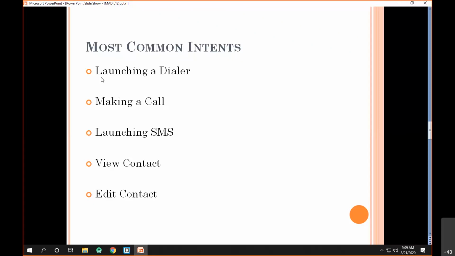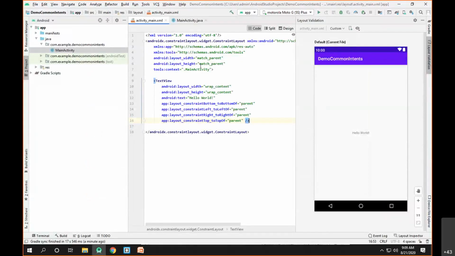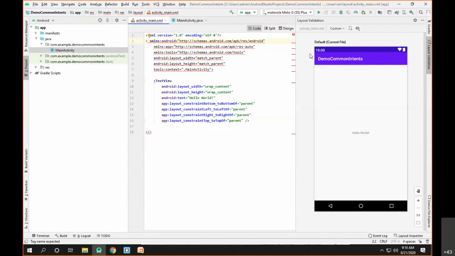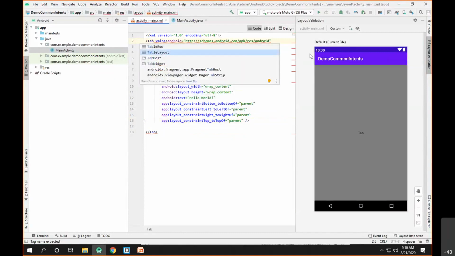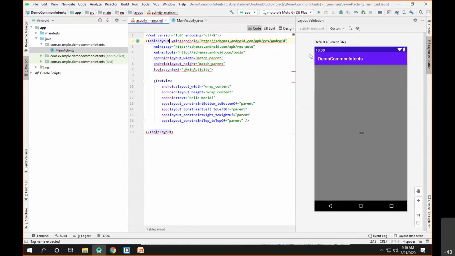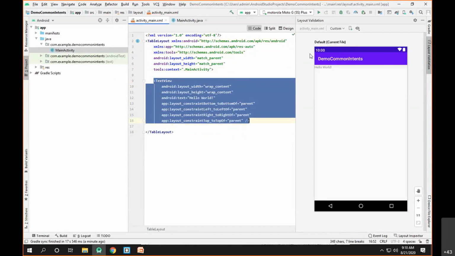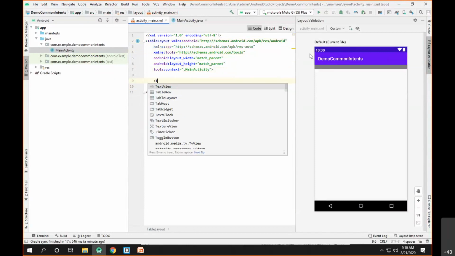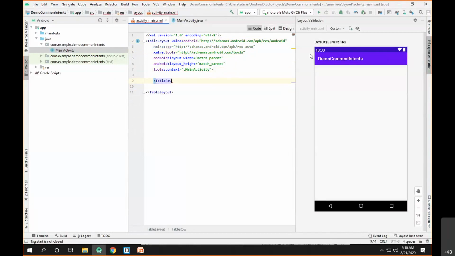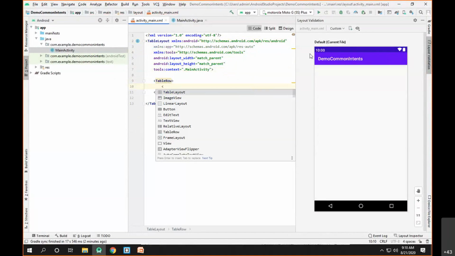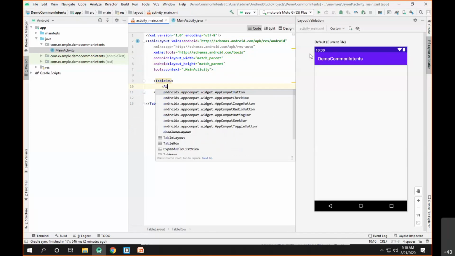So let's try to write the first intent, launching a dialer. For that we'll be adding a button. Now since we require n number of buttons, I think the better layout for this particular coding is a table layout. When we go on adding the buttons one by one, they will be arranged in terms of the table. So let's make a table row, and in one table row I'll take 3 buttons. So let's take one button,